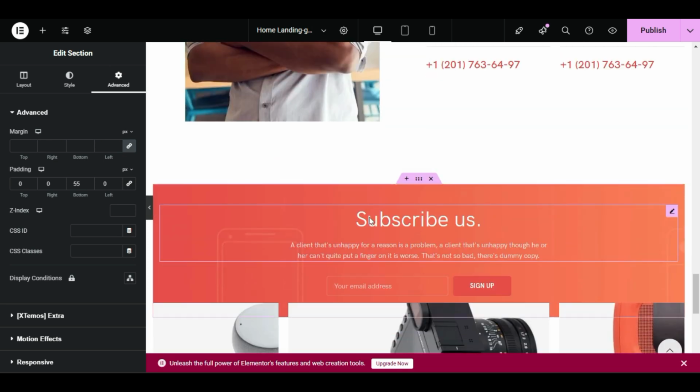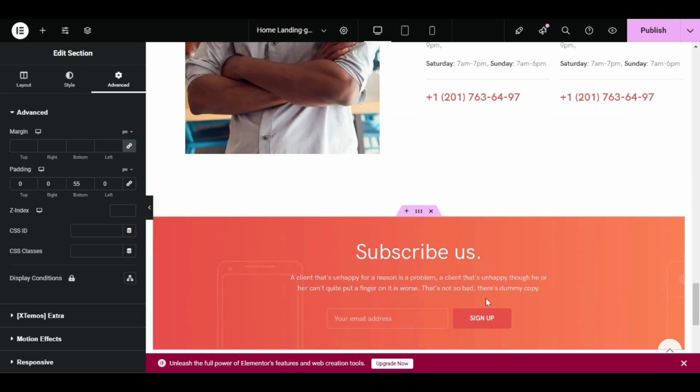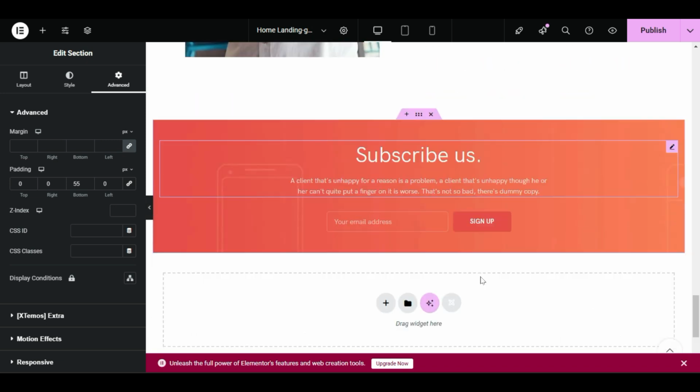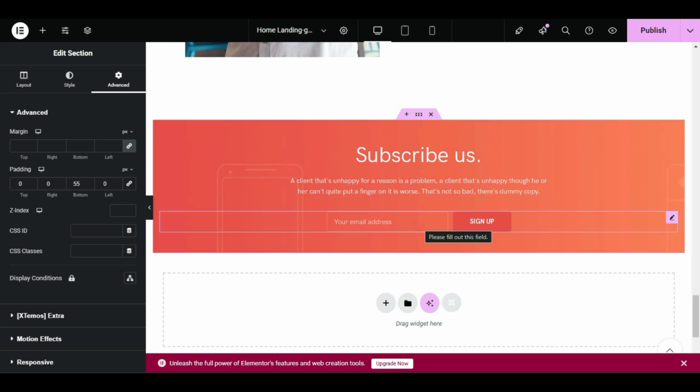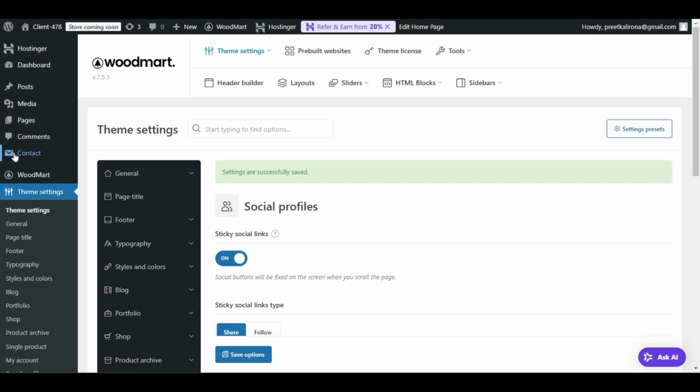Then we have, let me remove this as well, we have subscribe us. You can modify your subscribe us, but here there is a sign up button and the box. Click on it and it's linked to the backend newsletter form. How can you find it? You can find it, let me try to open contact forms. There should be our newsletter form,